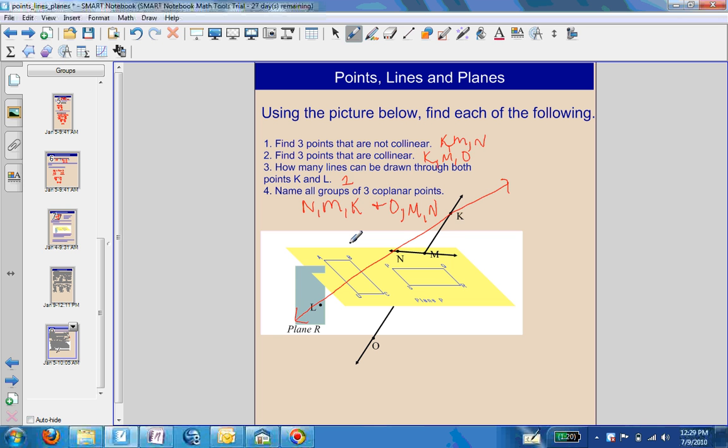coplanar. Now, I want you to notice that K, M, N are not on the yellow plane or the blue plane, but there will be a plane they go through. Same thing with O, M, N. And we'll move on from there. So that's it for points, lines, and